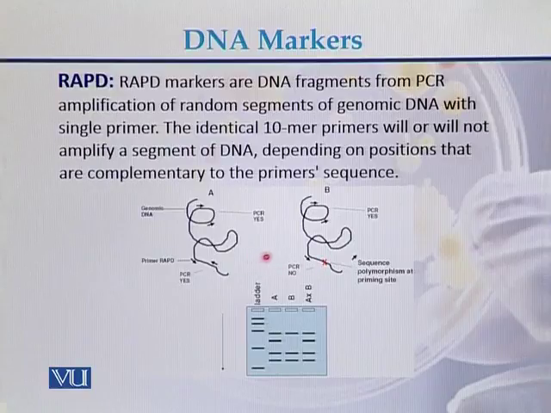So when we compare the fragments, in case of DNA sample A, here we can see 4 fragments, but in case of sample B, there are 3 fragments. So this is the second method of polymorphism, which is called RAPD. In case of RAPD, usually a single primer is used and the size of the primer can be up to 10 nucleotides. So this is the second type of the DNA markers which are used for the genetic mapping of the genomes.